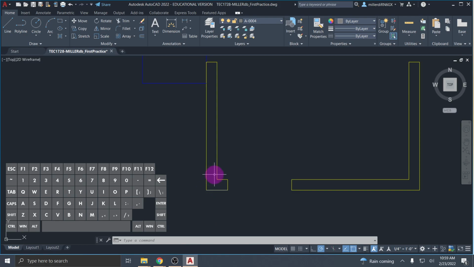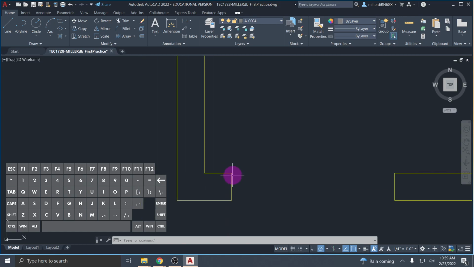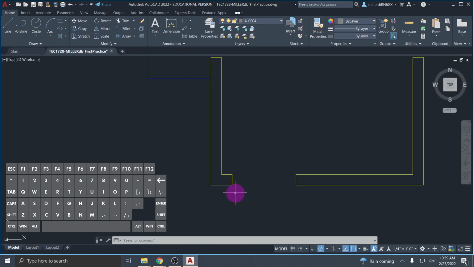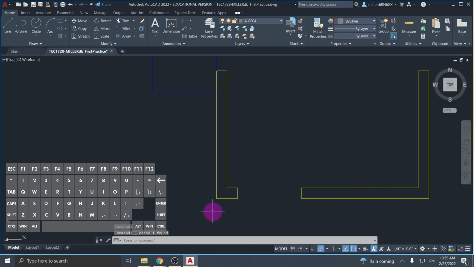So I'm going to offset it in 5.5, and then we'll use the extra 1/2 inch that will exist here to represent our gypsum wallboard, and then we'll offset out as well to cover our siding and our